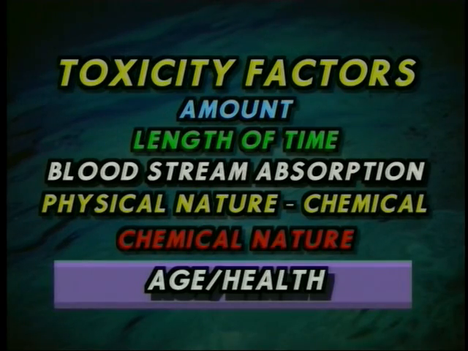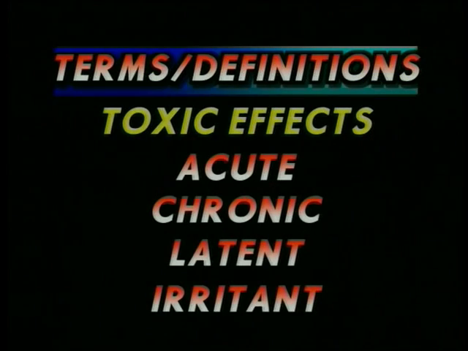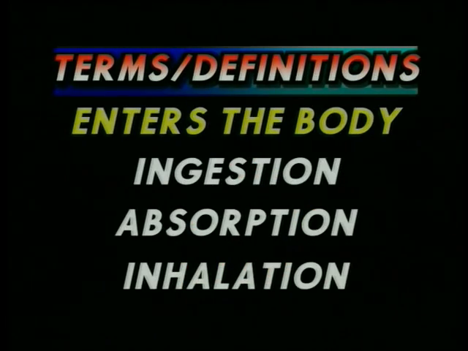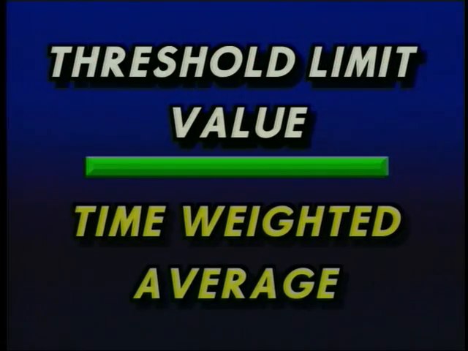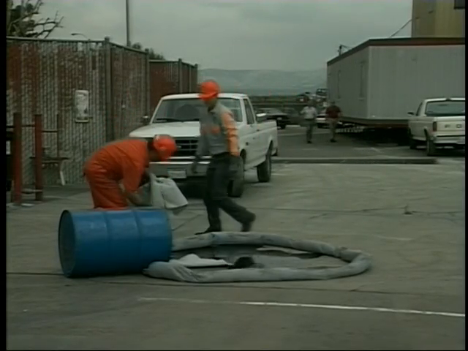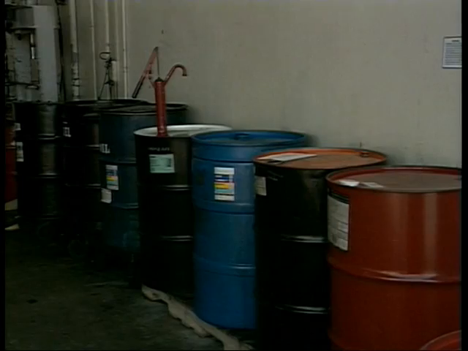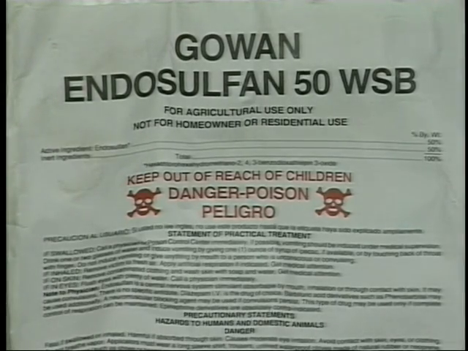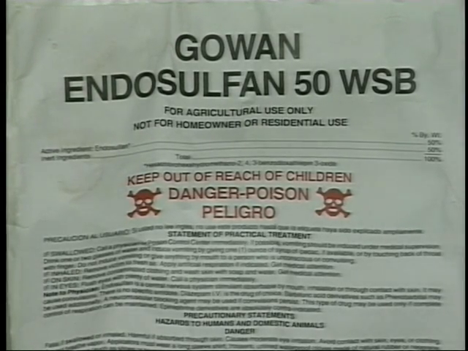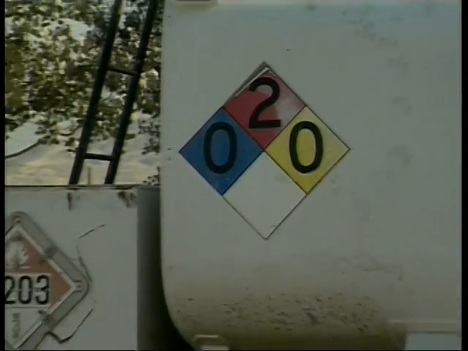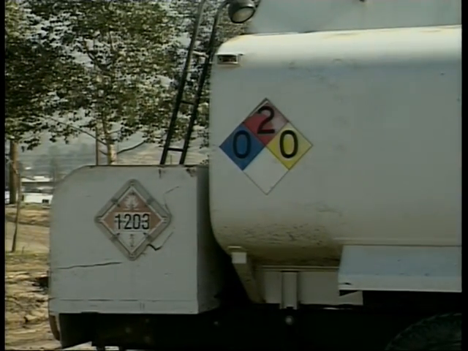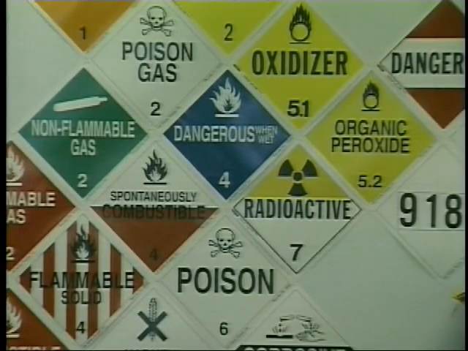Okay, we've discussed quite a few things, including toxicity, some of the effects toxic materials can have on your body, the basic routes of entry into your body, and some of the ways we measure toxicity, such as threshold limit values. What about hazardous materials? How do you identify them? Obviously, you look at the chemical name and follow the information printed on the label. That's one method. Placards and panels with an ID number are also methods of identifying hazardous materials.